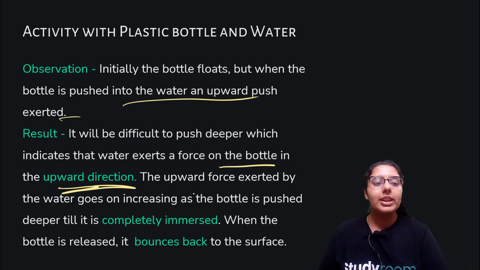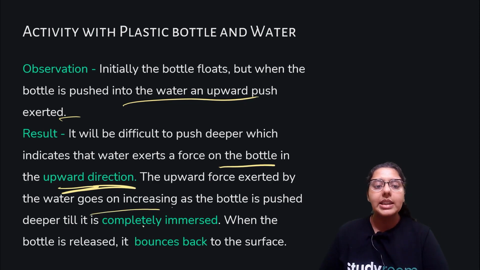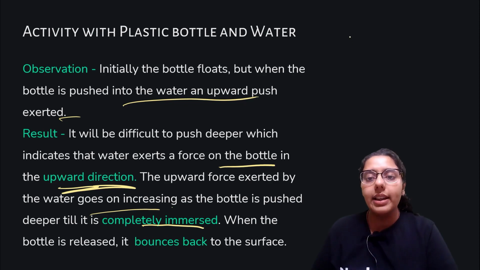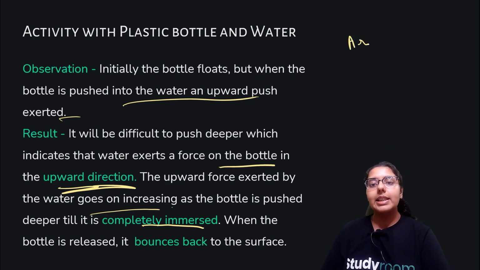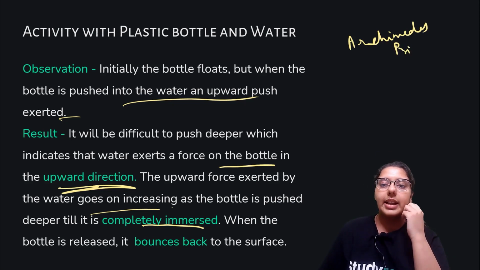The upward force exerted by the water goes on increasing as the bottle is pushed deeper till it is completely immersed. When the bottle is released, it bounces back to the surface. Correct? So again,